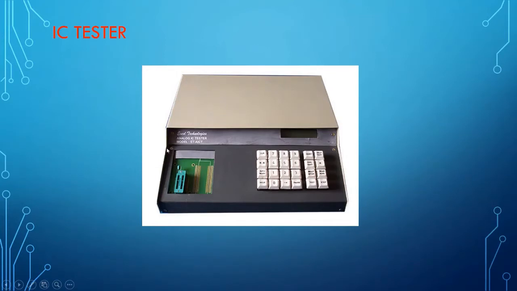In order to check that, we have something called an IC trainer kit, or you can call it an IC tester kit. You can place your IC in the IC bed that is provided here. You can enter the number of the IC here and go with the test. Once you press the test button, it will display whether the IC is good or bad. If it is good, then your IC is proper. If it says it is bad, then it is time to replace it with a new IC. If you use a non-functional IC in the circuit, you will not land up with the proper output.